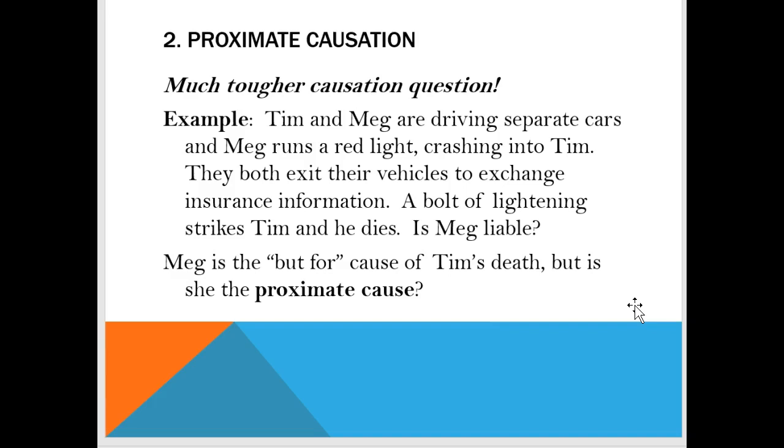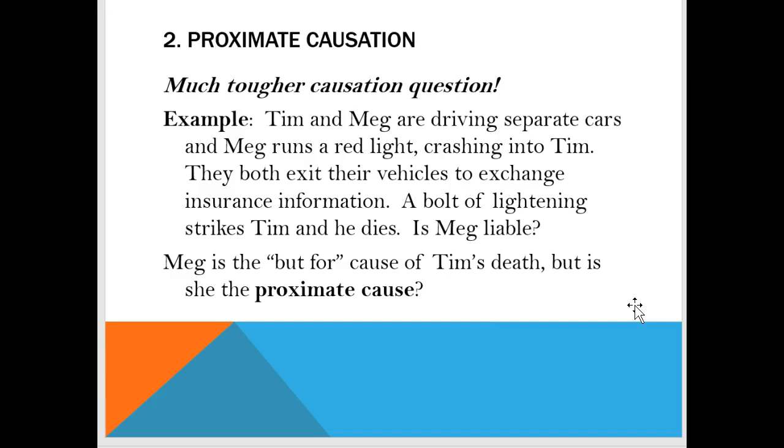Well, if you line up a row of dominoes, we would say, of course she's liable because she ran the red light. She breached her duty of care to be a reasonably safe driver. As a result, she crashed into Tim, so she was the actual cause of his injuries. And as a result, he died. Well, that's actual cause, but was Tim dying from this accident a foreseeable injury? In order to meet the element of proximate cause, the plaintiff would have to show that the injury that happened was a foreseeable injury. So what do you think?